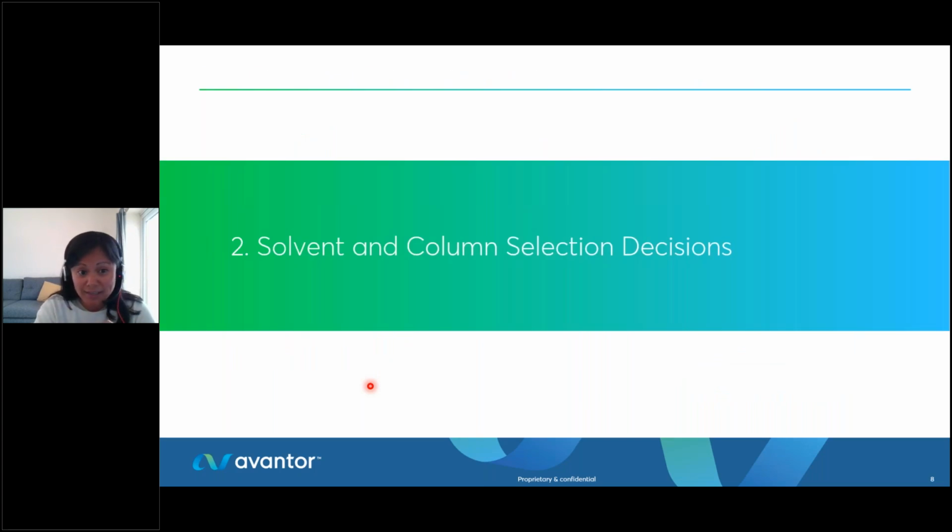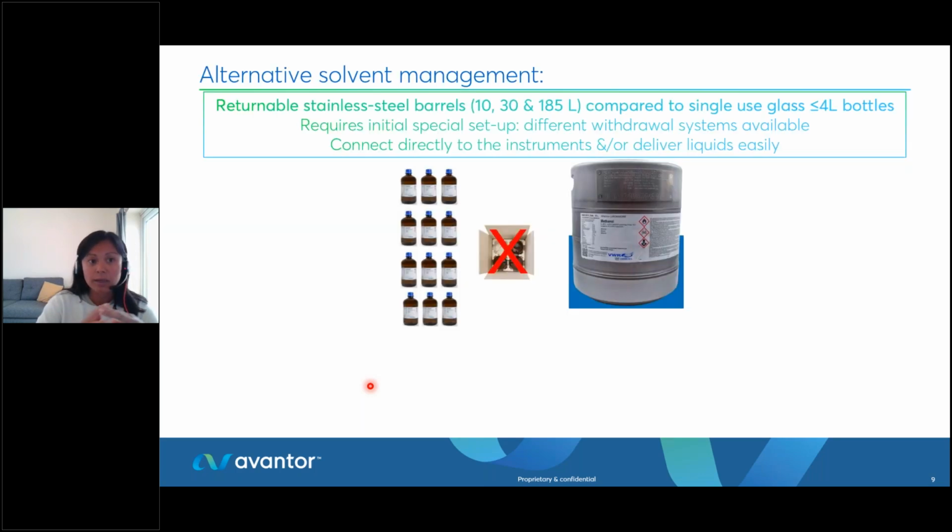And with that, I'd like to start the second section of this webinar, looking at solvent and column selection decisions. I actually want to begin with the mobile phase because there's not enough time to touch on all points, but I do want to spend a bit of time with the mobile phase, or the solvent that you use every day in the lab. It may be difficult for us as analysts to implement an alternative or more environmentally friendly solvent with our protocols, because they may require revalidation, and of course the peaks are going to move and shift with a change in your mobile phase. However, there is another approach, and it's one where we take a step back